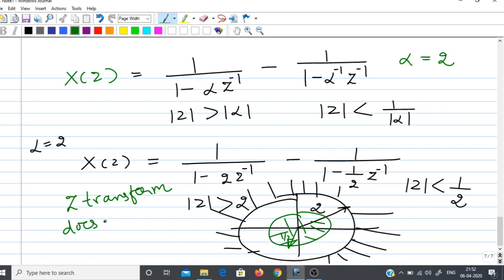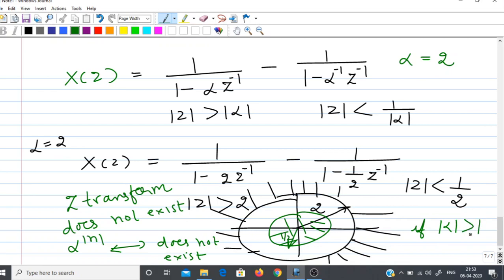So when alpha is greater than 1, the Z transform of alpha to the power mod n doesn't exist, if mod alpha is greater than 1. Whereas if mod alpha is less than 1, the Z transform exists. So with this,